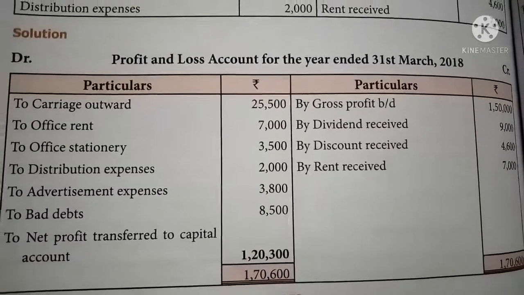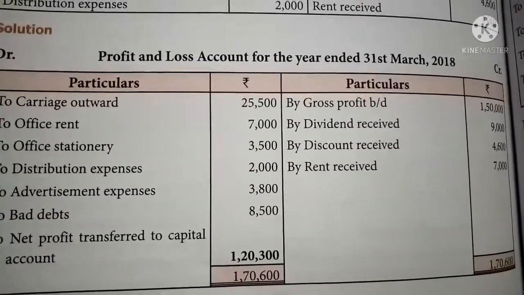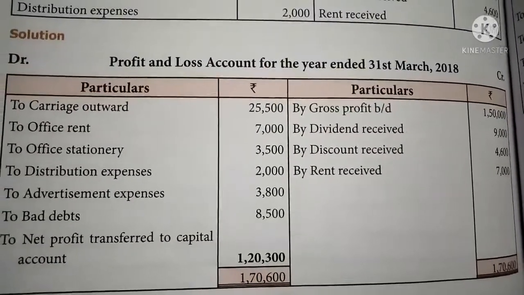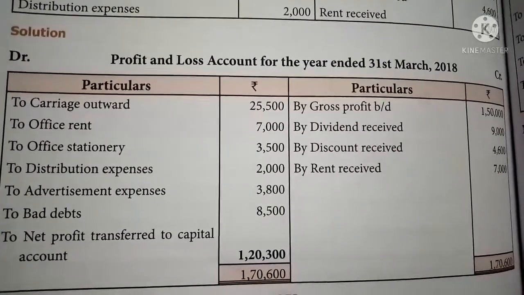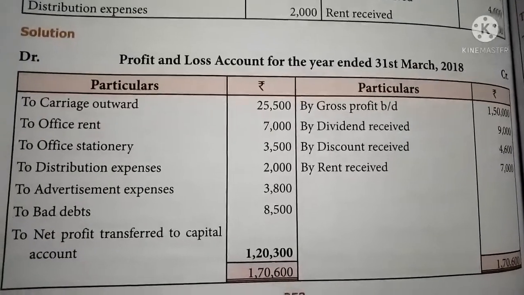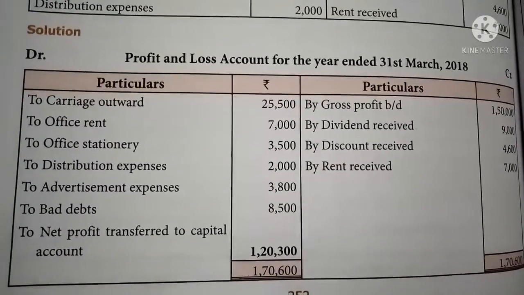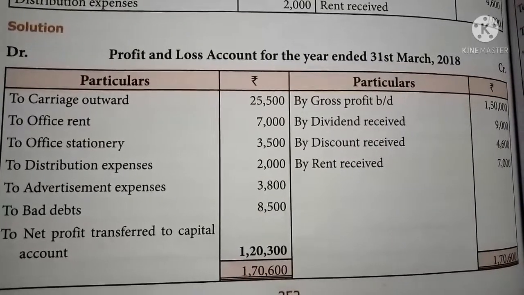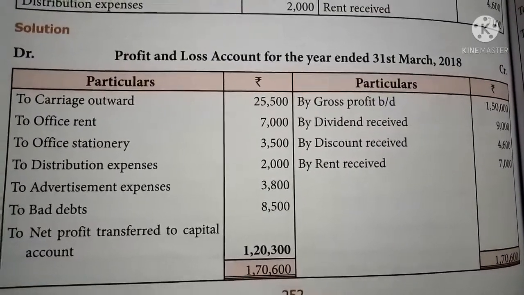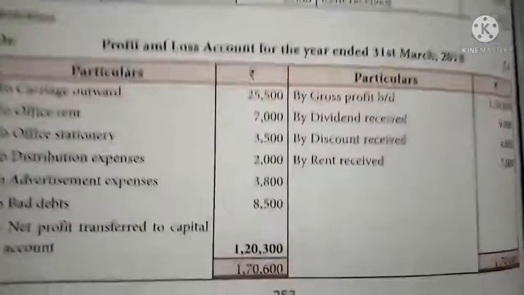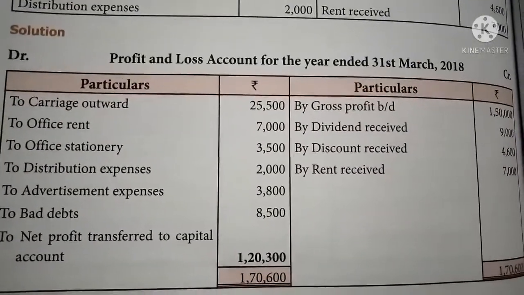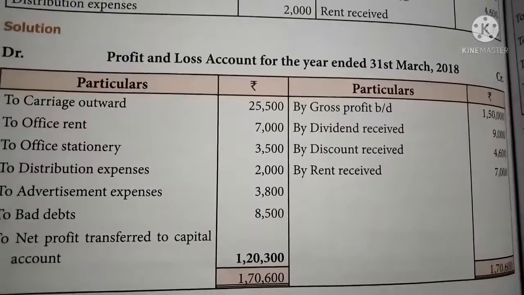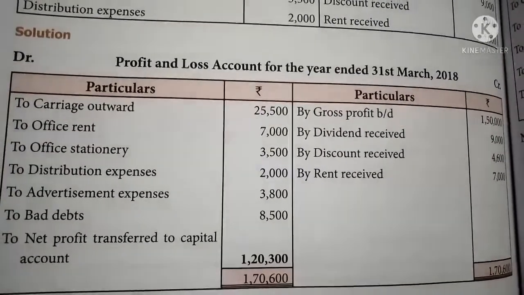So you can go through all the points which are taught in this video, and go through the specimen thoroughly. In previous classes we discussed the trading account specimen, and you already worked out 6 examples and 6 exercise sums for the preparation of the trading account. So now you can go through the profit and loss account specimen thoroughly and go through these example sums and work them out